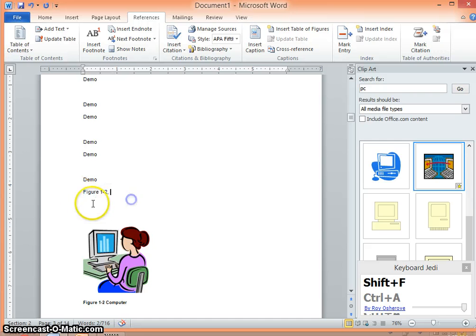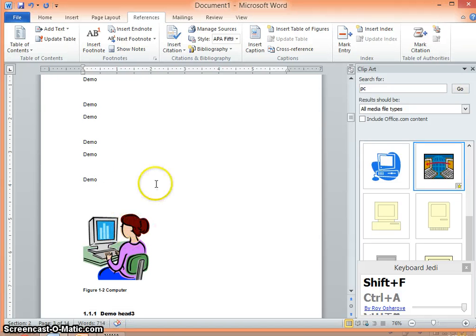Otherwise, it won't change automatically. This is going to end up in a lot of confusion if you insert new images before or after, wherever it is. So what we have to do is provide something called cross-referencing,